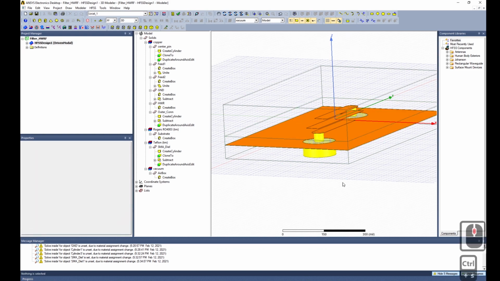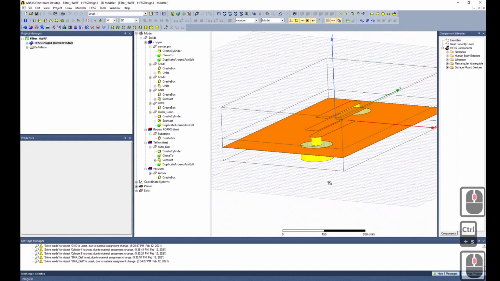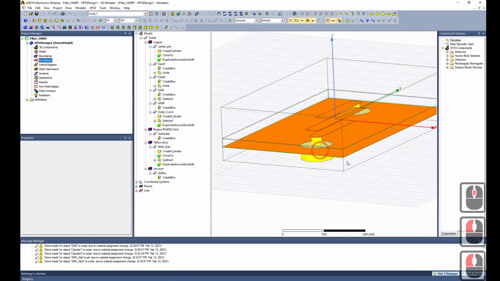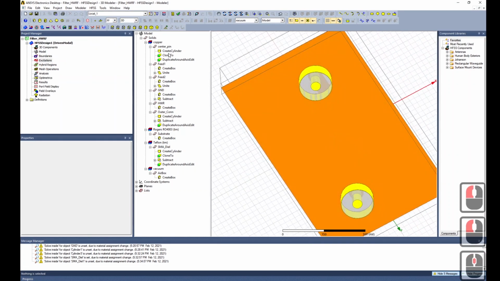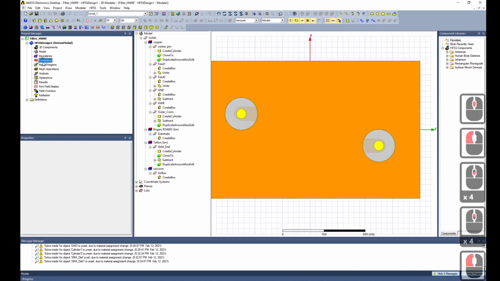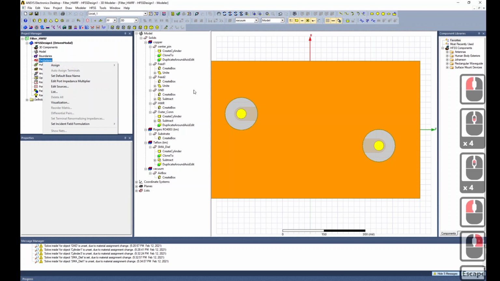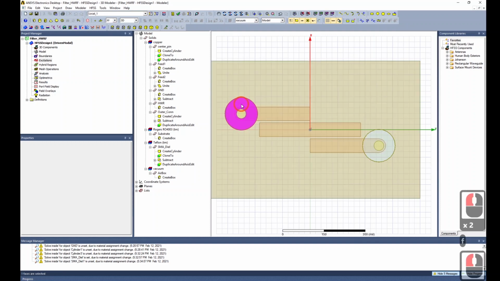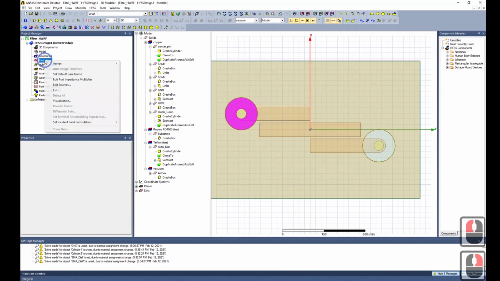So I think we're ready to go. Go ahead and open up the design here. We're going to add some excitations. So let's check it out from the bottom. Click on excitation, assign. Let's see, I need to select a face first. To go into face select mode, hit F on your keyboard. There we go, select this face. Right click excitation, assign,